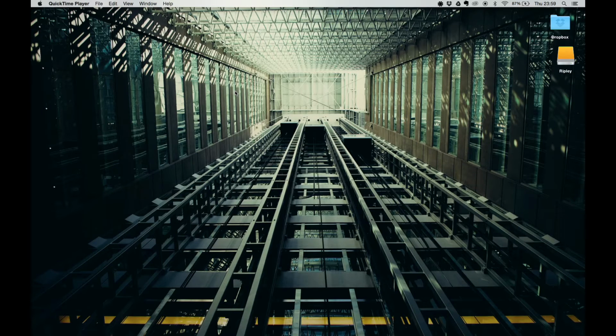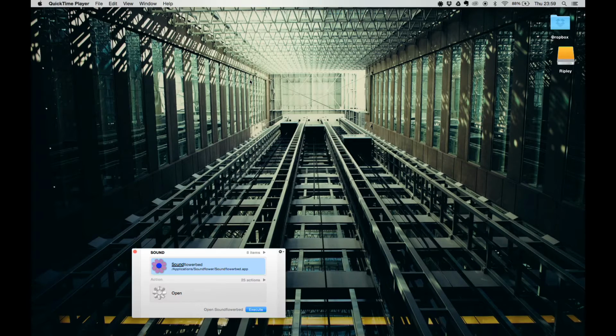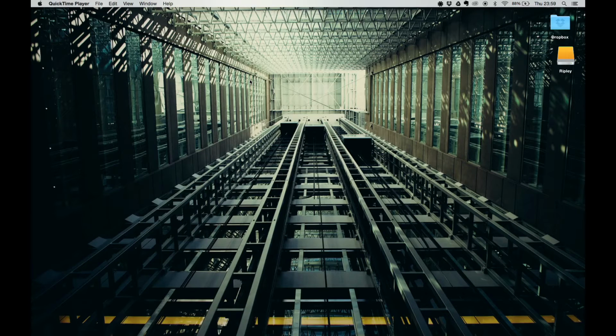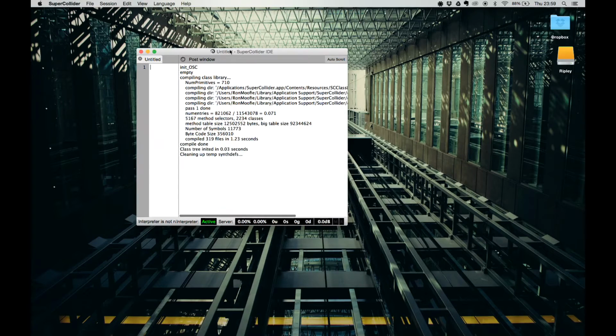Now, the first video was mostly concerned with getting everything set up. Obviously not the install part, but actually running Tidal, making basic sounds, and importing your own sound samples. So today we're looking into patterns from a basic level, building up to some more complicated polyrhythmic stuff. Let's start off, as usual, by opening SuperCollider,